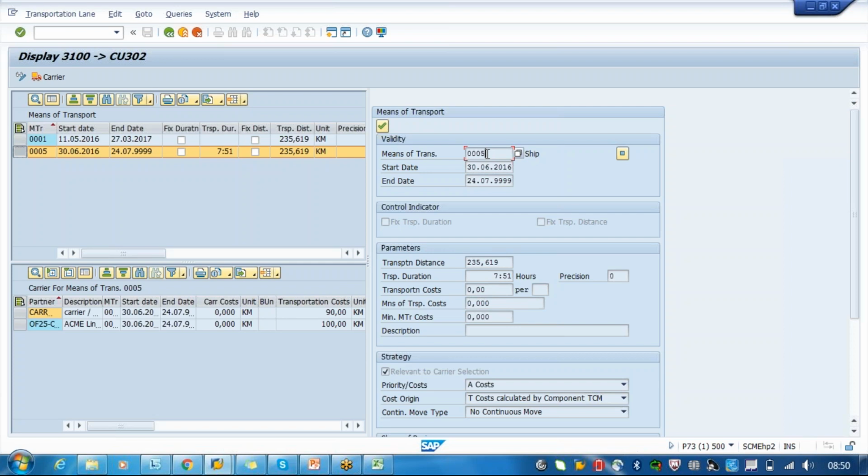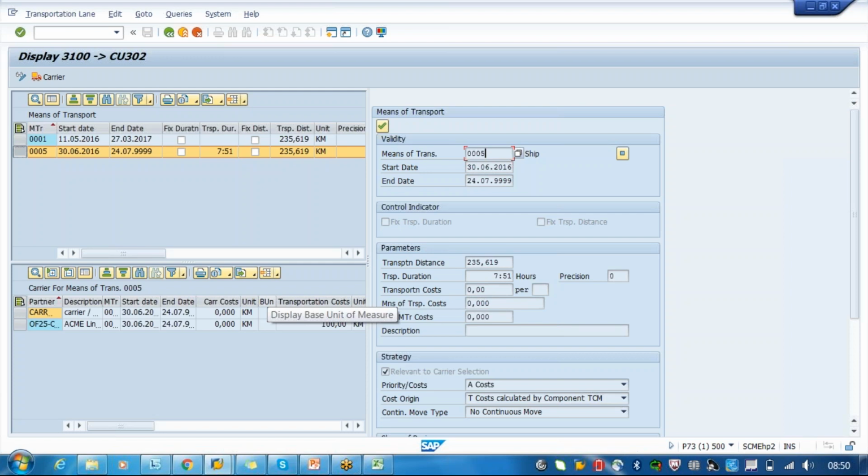But another carrier will take only 2 days. Then the priority will be given to that one. Priority in the sense of delivery date, who is giving the earliest delivery date. That will be defined in the transaction. No, in this screen you are not going to define it.